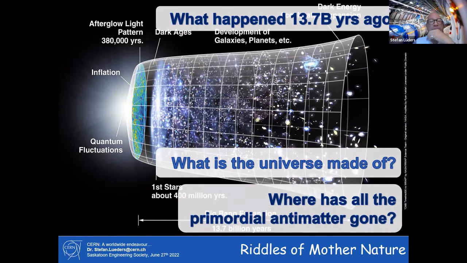And in principle, at the beginning, matter and antimatter were produced in the same quantities. This is like having money and debt. If you have money, somebody else has debt. And the same thing is in the universe. But the antimatter is not there anymore. It's gone. And again, we can discuss later where the antimatter is. We don't know. At least there is no part of this universe which is made out of antimatter. And again, I can discuss this if you ask me the question, why is that?